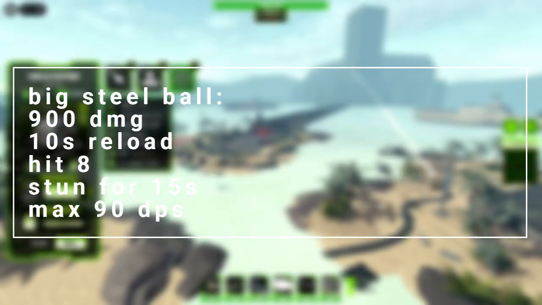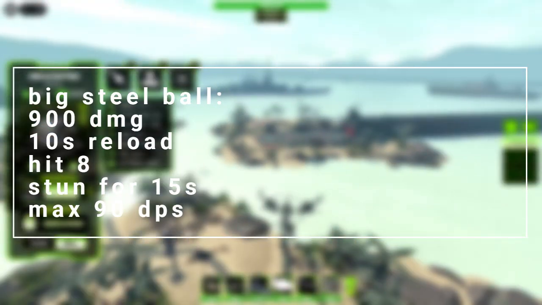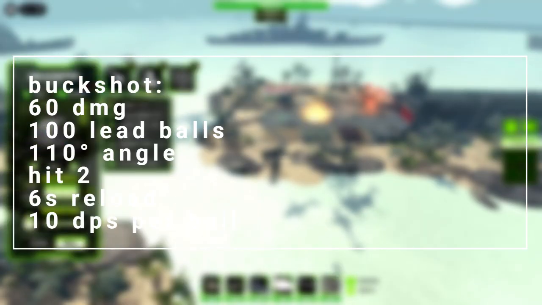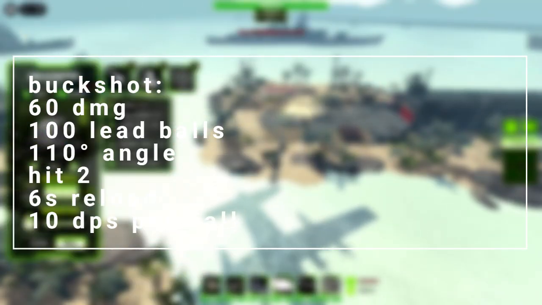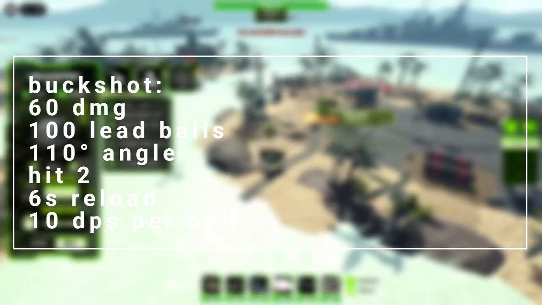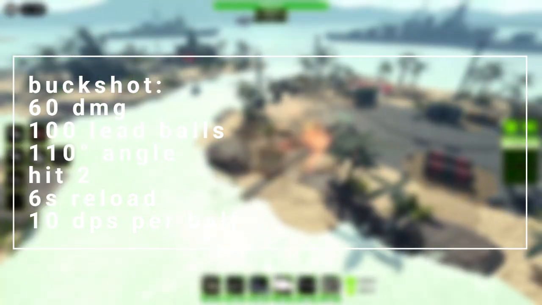The Big Steel Ball deals 900 damage, has a 10 second reload, can hit 8 enemies, stuns for 15 seconds, and a max of 90 DPS. The buckshot deals 60 damage and launches 100 lead balls in a 110 degree angle, can hit 2 enemies per ball, 6 second reload, and